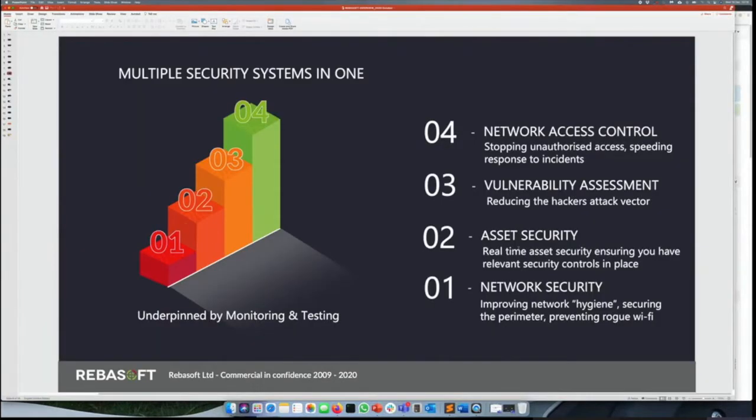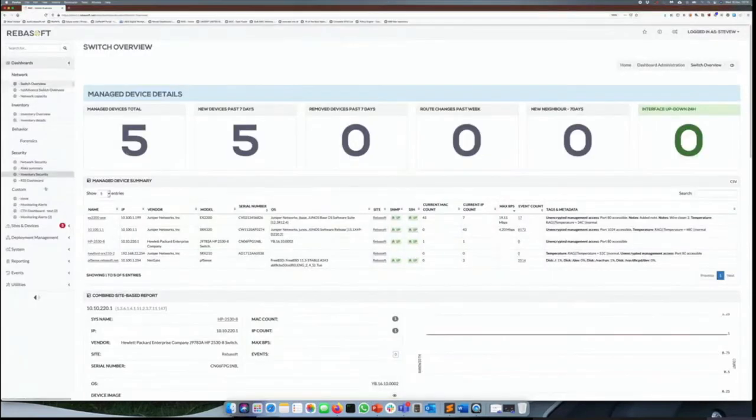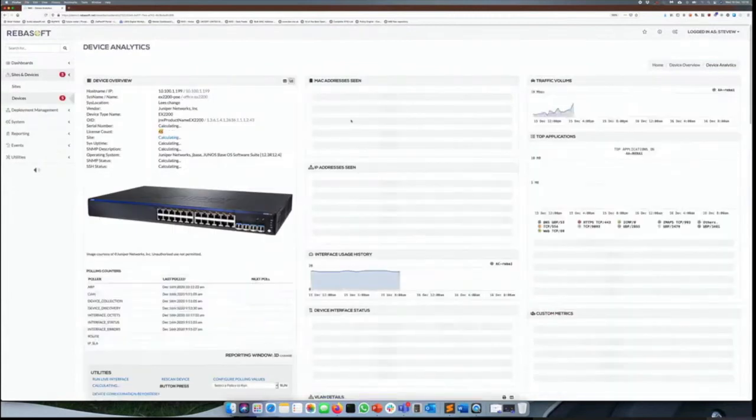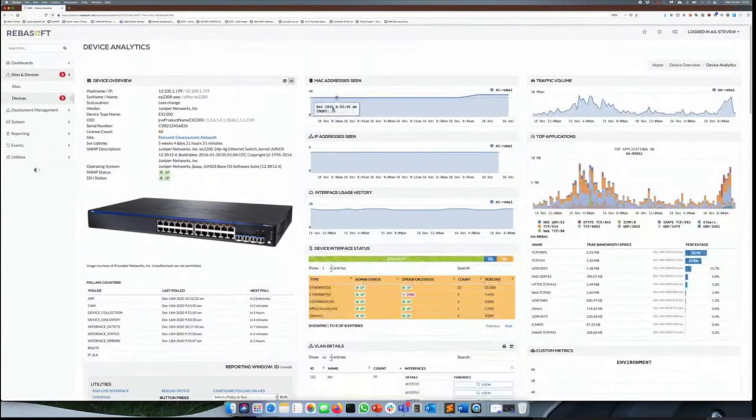The next thing I'm going to do a quick demo on is the asset security, and we're going to talk about how we collect the information in real time from the switches, how we do the classification, and how we then figure out the control utilization of these devices. I'll probably show a quick screenshot which will give you more of a view in real time. But effectively, the network switches report to me in real time, and as you can see,